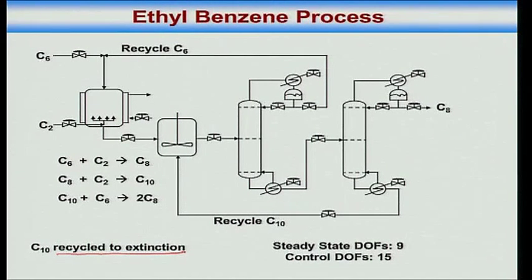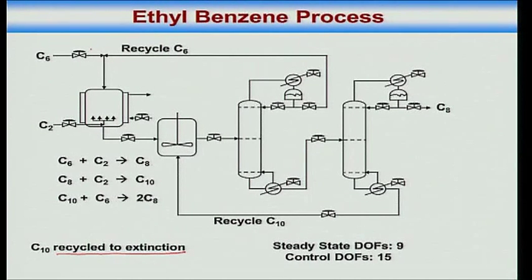Degrees of freedom. The first reactor has got a cooling mechanism, the second reactor is adiabatic. Now tell me what's the degrees of freedom. Of course it's written there, but justify. 2 for reactor 1. How many for reactor 2? Which is the level? 1 for reactor 2. 2 each for the two columns, so that's 4. 4 plus 3 is 7, and 2 for the two fresh feeds, so that's 9. Ethylene feed and benzene feed.